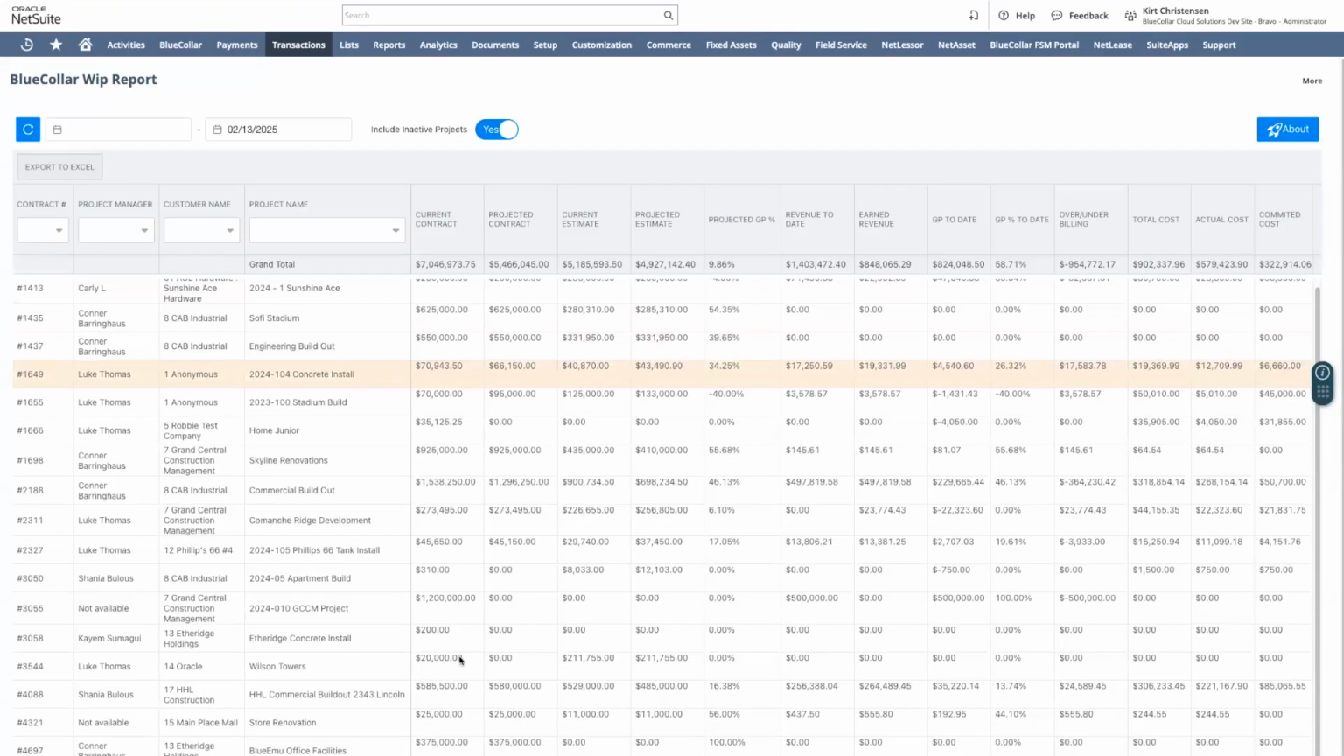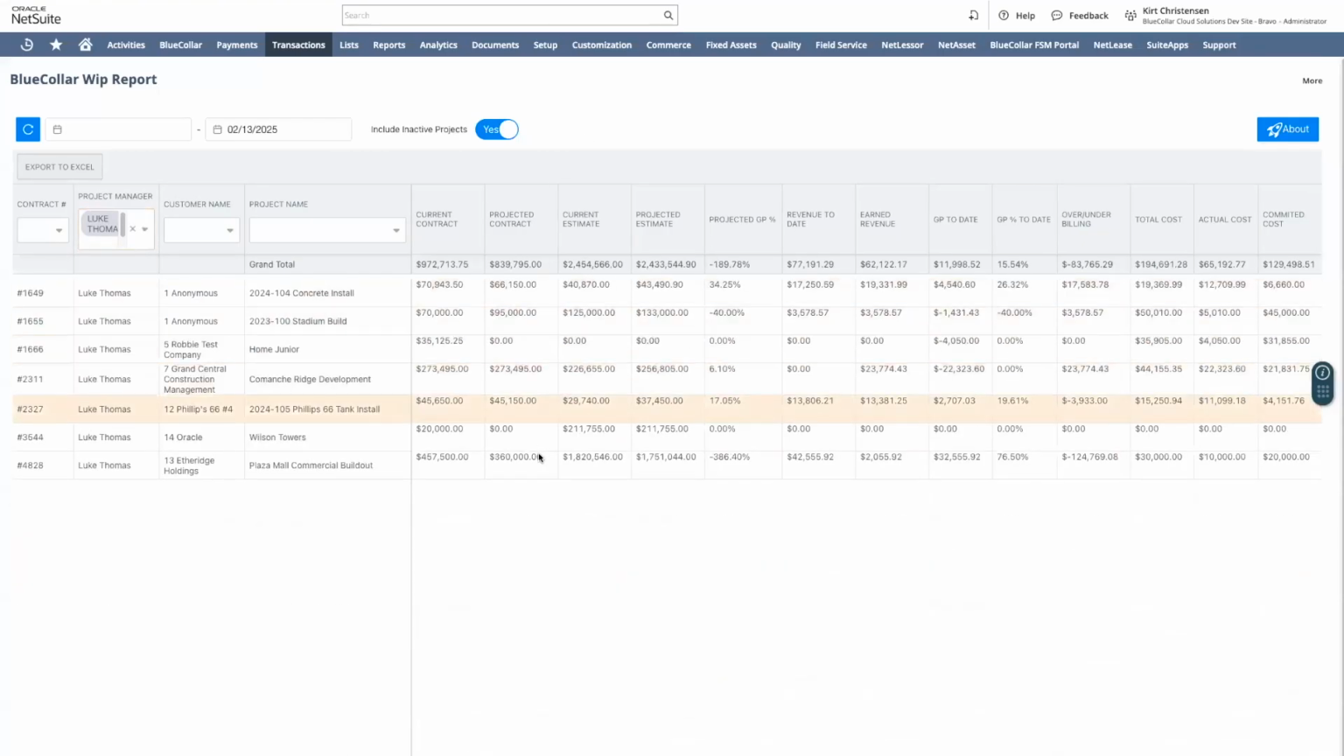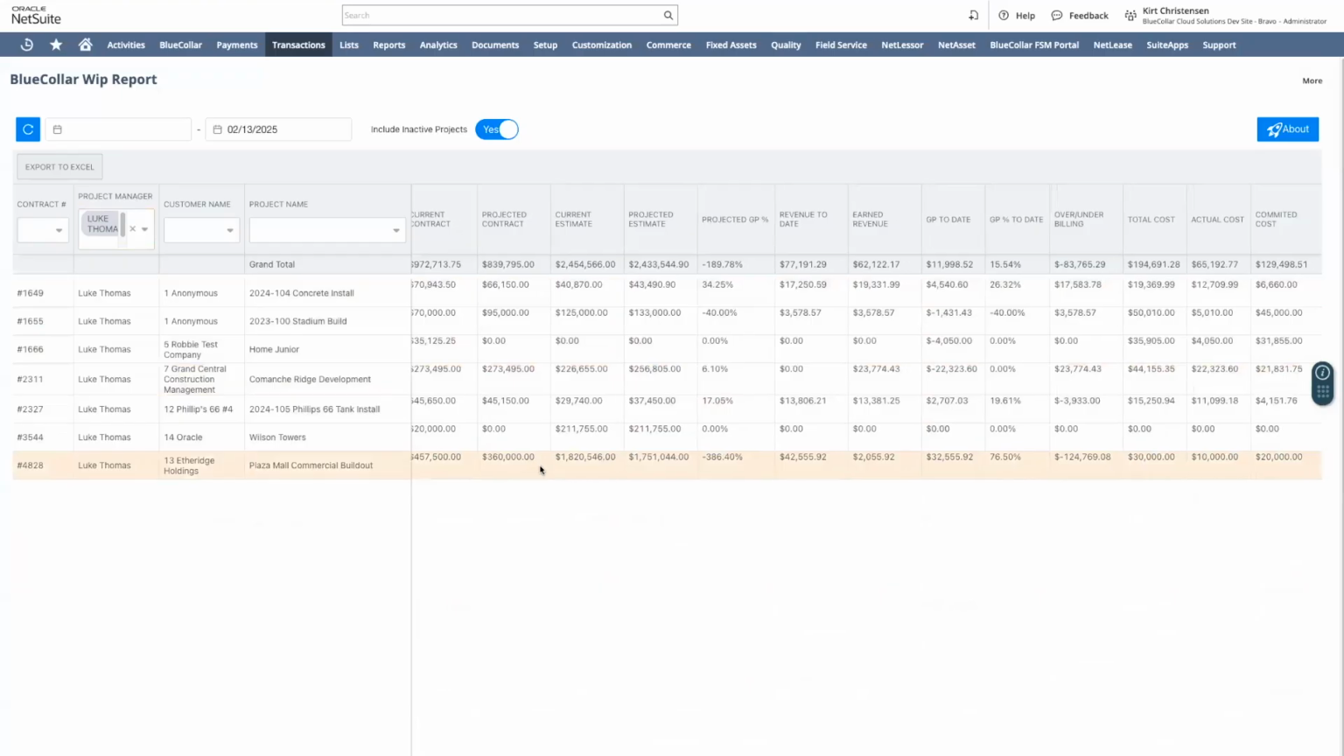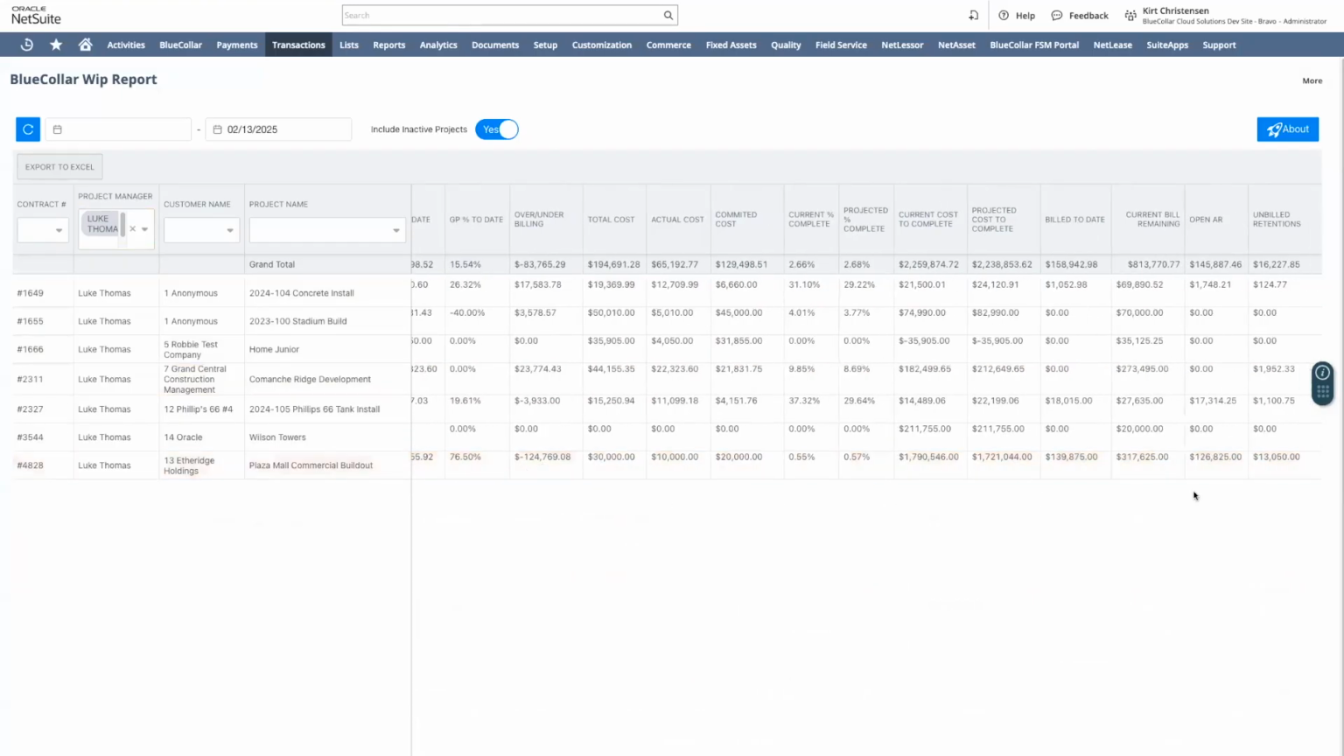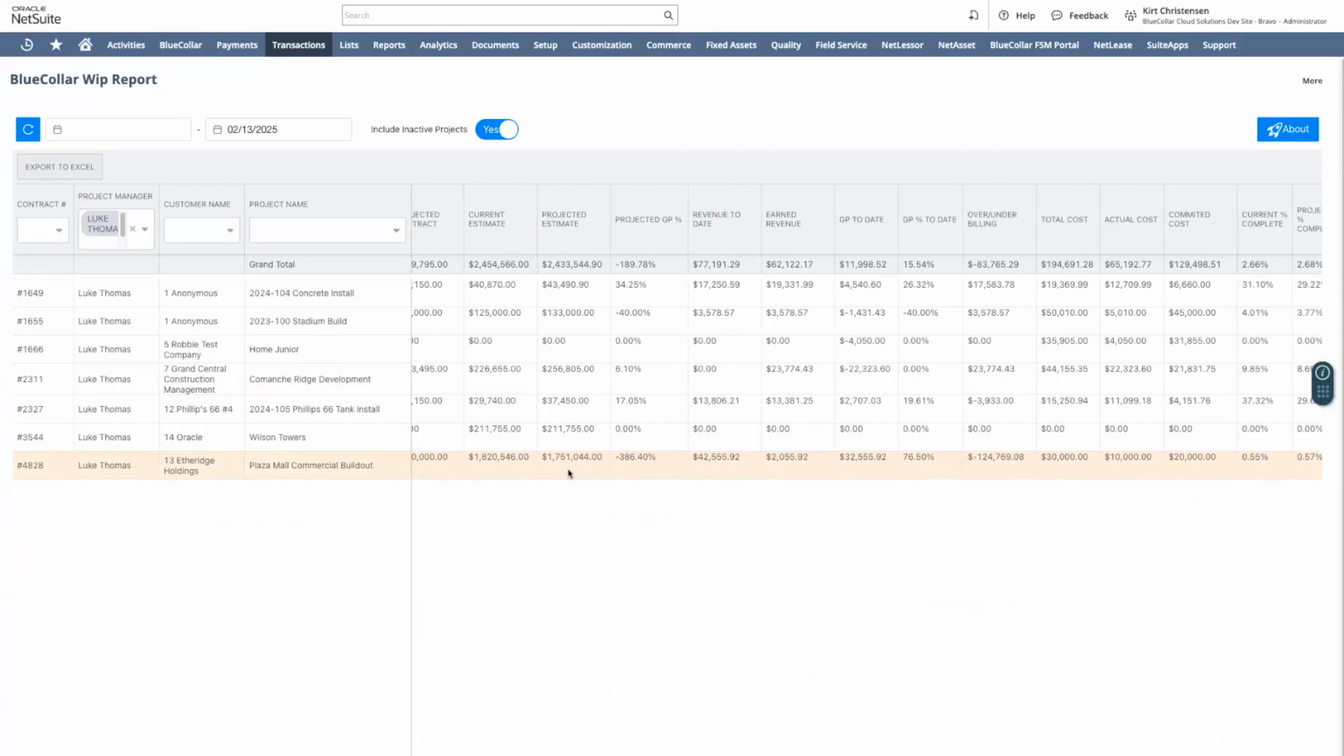Awesome. I'm actually going to scroll right down here to the bottom where we have that Plaza Mall build out. To make it a little bit easier, let's go ahead and just sort and filter this by Luke. And we've got that Plaza Mall build out now here. And if we were to come over here and look, of course, we've got those unbilled retentions now totaling the 13,050. Big part of the WIP report here is being able to have that real-time information, whether it's stuff like build to date, what our projected gross profit is,